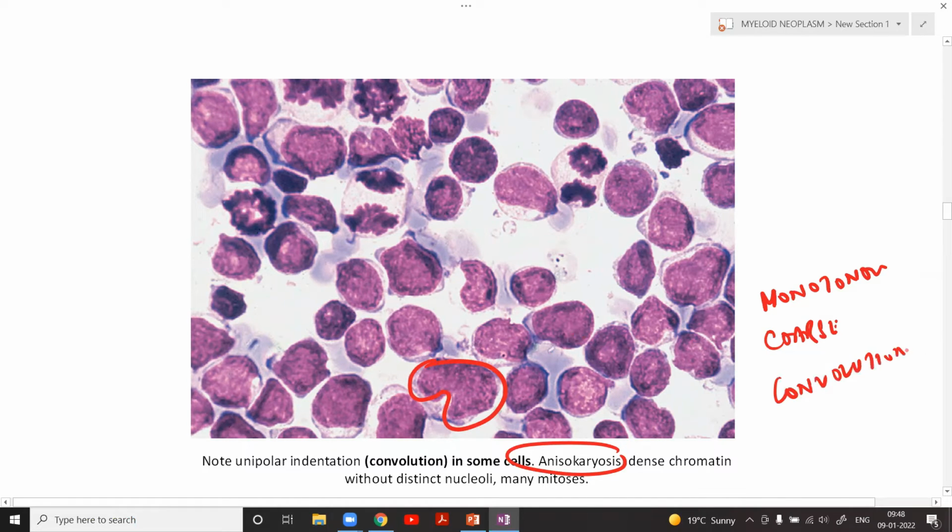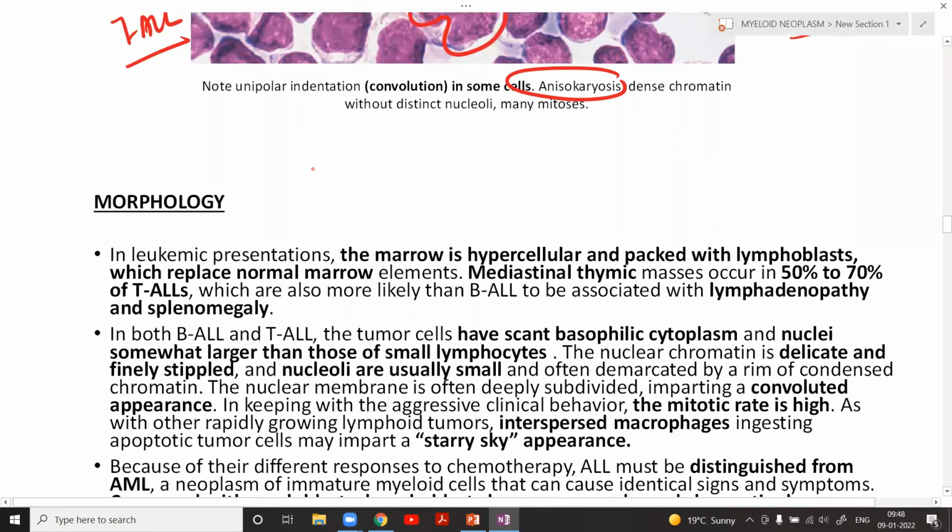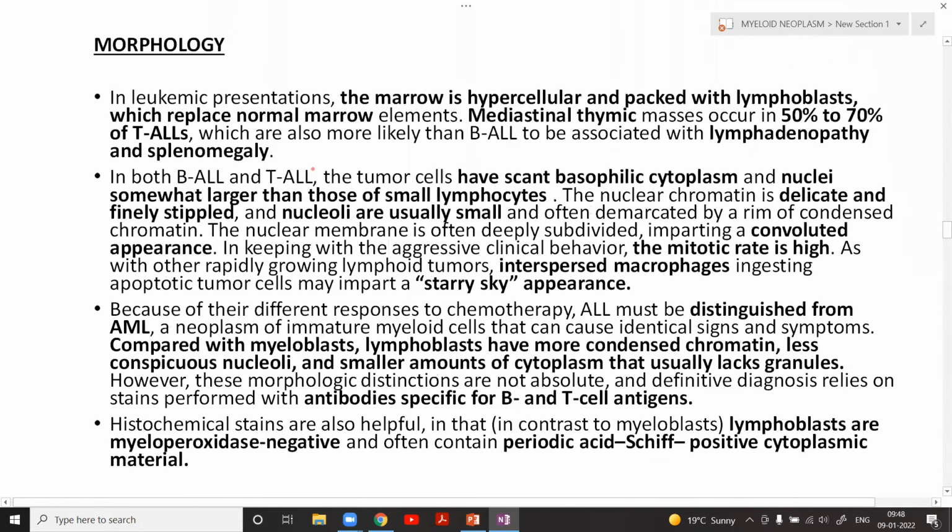Now, all these points that I have discussed are just for theoretical purposes. Usually you cannot differentiate. One very important point of difference is that T-ALL has a much higher mitotic activity. There are multiple mitotic figures over here, as compared to B-ALL. So morphology-wise, I have discussed the basic differences for both T-ALL and B-ALL. Apart from that, if you carry out a bone marrow examination